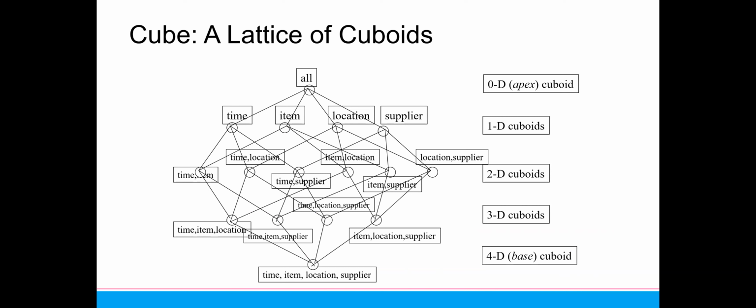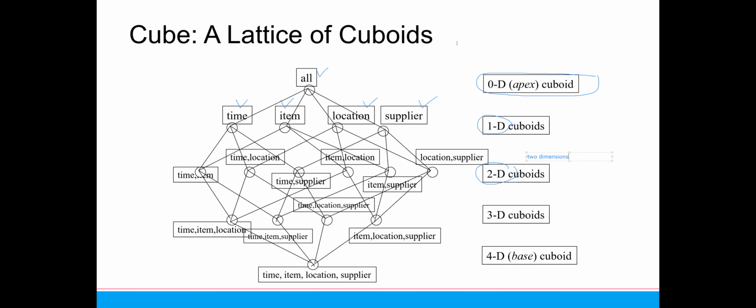We call this a cube because there are possibilities of how to combine the attributes. For example, if I want to use 0D, 0D means 0 dimension, then I don't have anything, I just combine all the data. But if I want a one-dimensional cuboid, I can use one attribute, which is time, item, location, or supplier. If I have two dimensions,